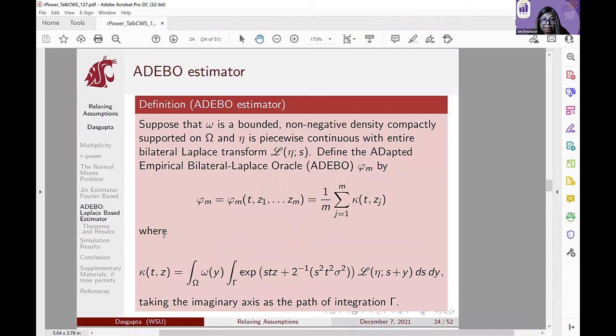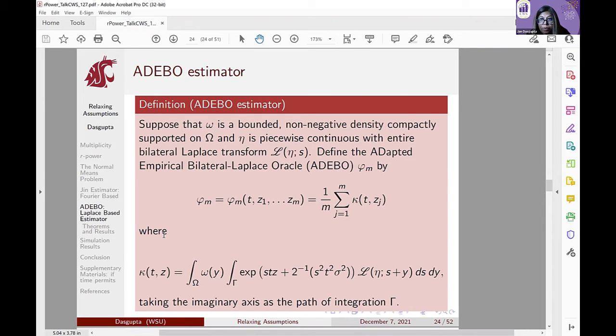So the Audible estimator is essentially the same deal. All we are trying to do is come up with an estimator based on the Laplace transformation that will mimic how the characteristic function works. That means it's bounded between 0 and 1. When mu is 0, the contribution is 1. When mu is not 0, but we let t go to infinity, the contribution will be 0. So we need something based on the bilateral Laplace transform that does this.